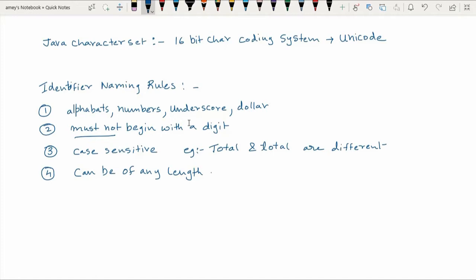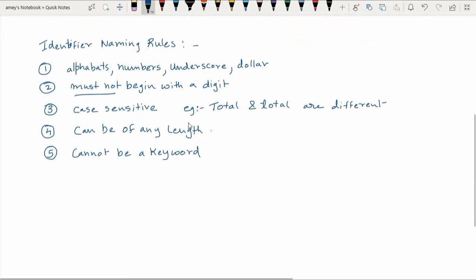Now in C or C++, there were some restrictions on identifiers, right? Now remember, the fifth very important point is that an identifier or a variable cannot be a keyword, and remember that in identifier declaration, white spaces should not be allowed.